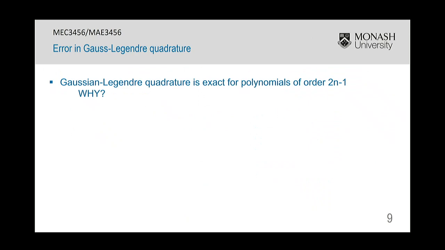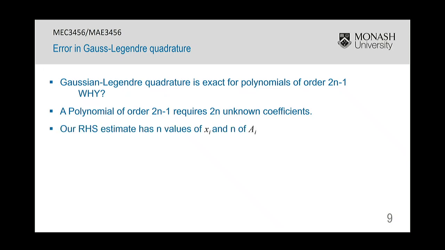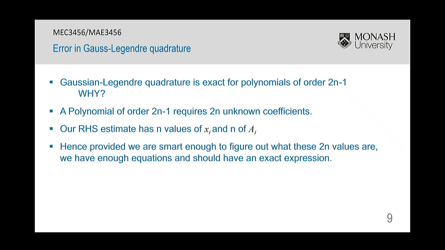So, we've seen that Gauss-Legendre quadrature is exact for polynomials of order 2n minus 1. Why is this again? This is important that you remember this. A polynomial of order 2n minus 1 requires 2n unknown coefficients. Our right-hand side estimate of our quadrature rule has n values of xi and n values of ai. Hence, provided we're smart enough to figure out what these values are, we've got enough equations and should therefore be